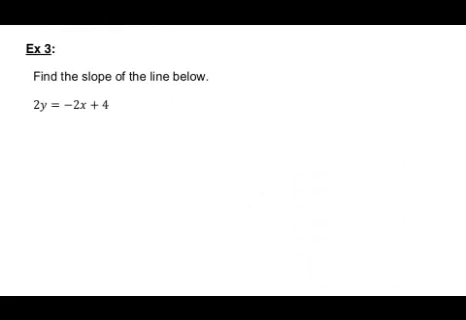In our third example, we're finding the slope of the line below, and we are given an equation. So before we can find the slope given an equation, we need our equation to be in slope-intercept form. And if you remember, slope-intercept form is y equals mx plus b. So what we want to do is solve for y. We want y all by itself, and then it will be in slope-intercept form so that we can figure out